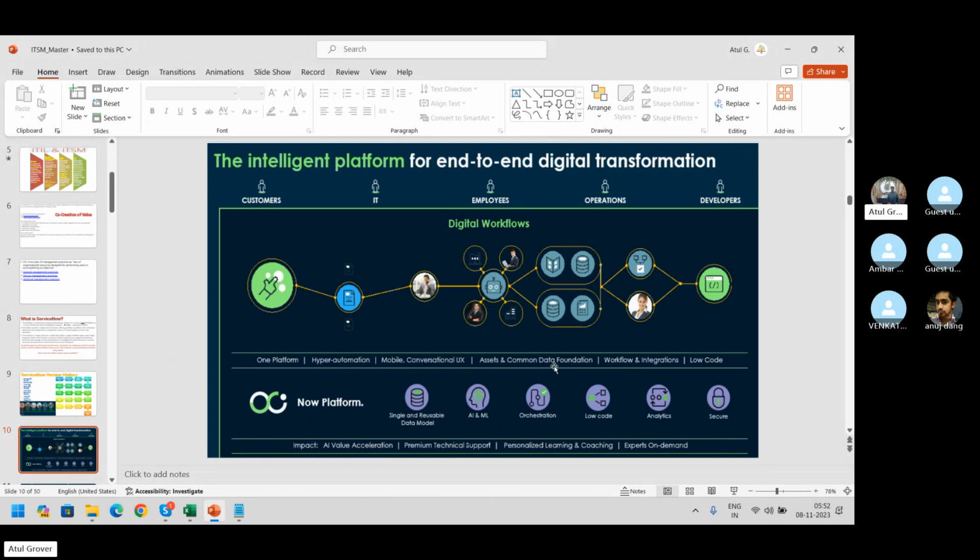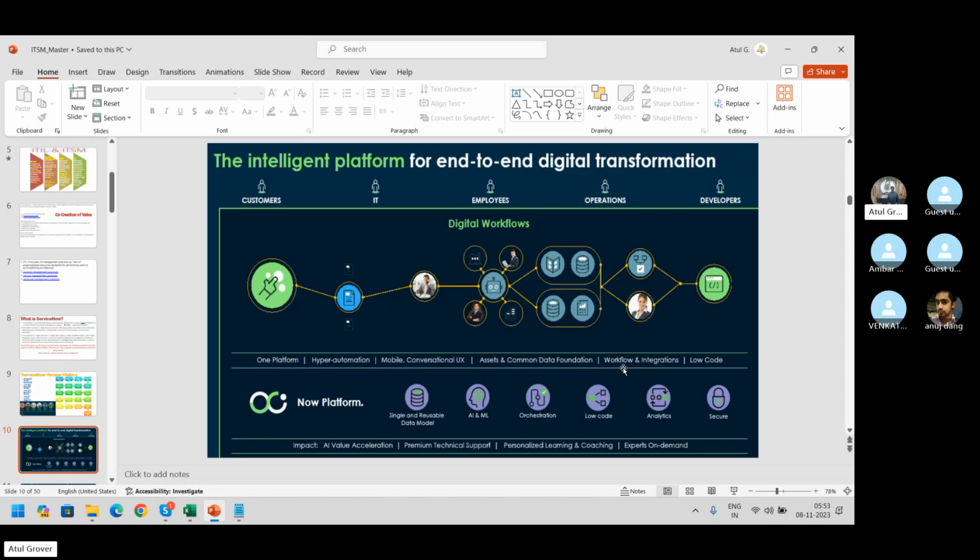So now there's a concept called the services model, CSDM. This is what it indicates. Either you work for customers, for IT, or for employees, the model is the same. The data required is different. The data will definitely be different, but the foundation will be the same for everybody.